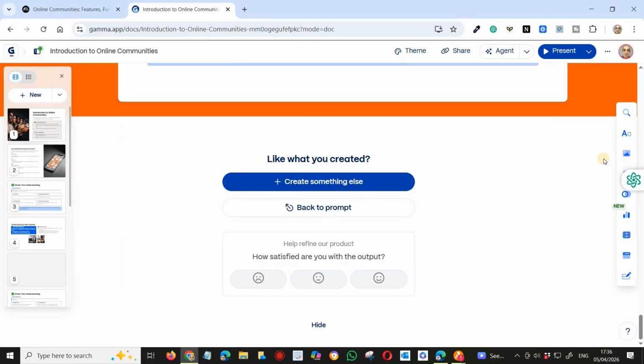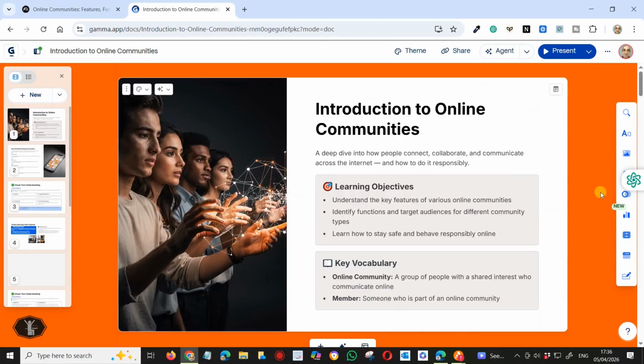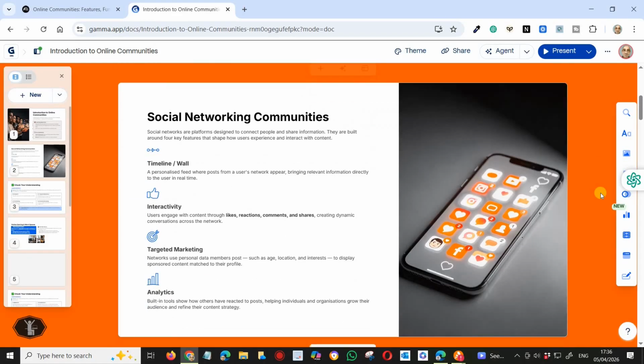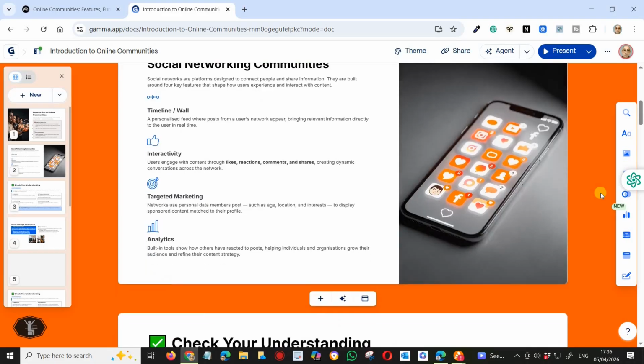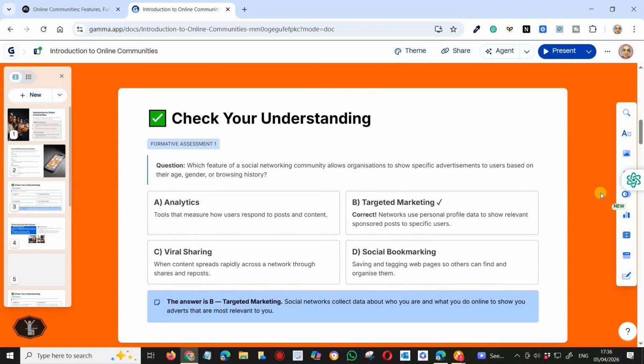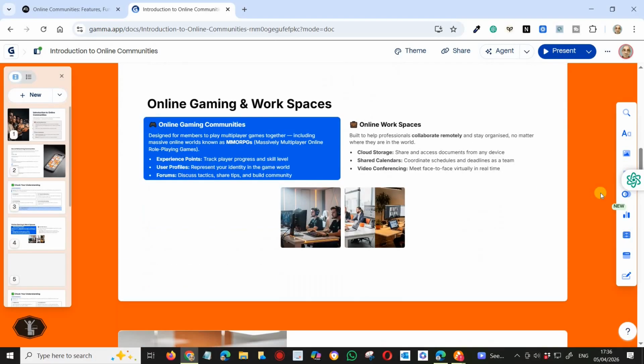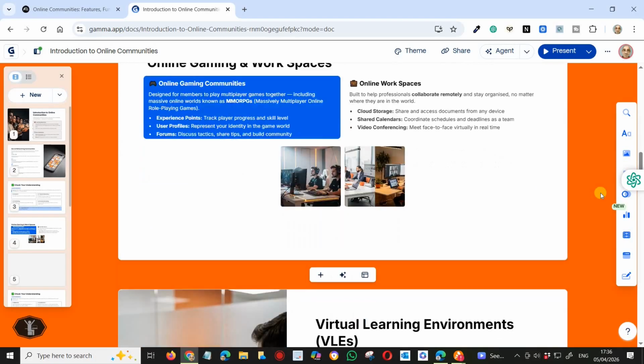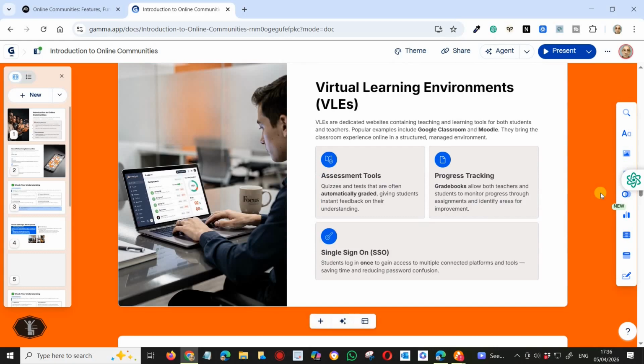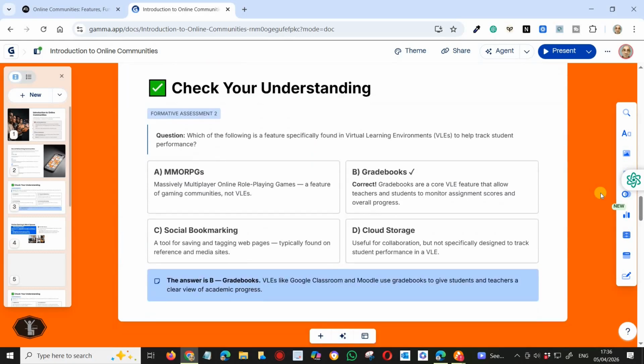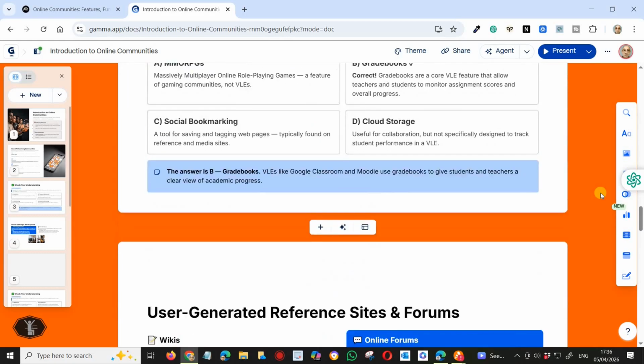Let's go back to the top and have a quick look at it. Slide 1, Slide 2, then a formative assessment, then another formative assessment,